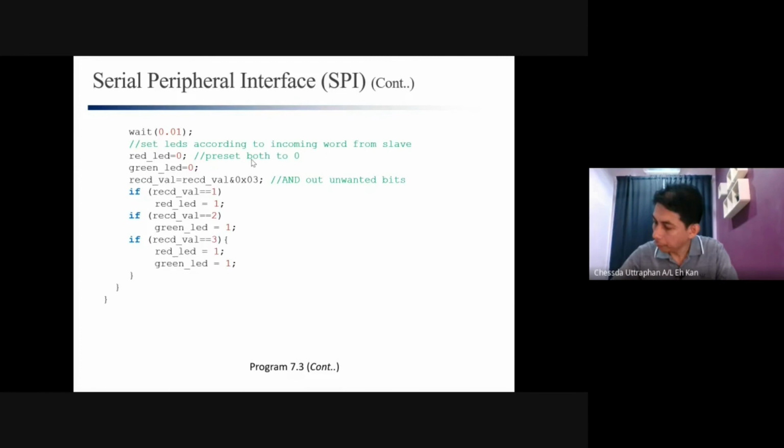So we will have 0 0 0 0 0 0 0 1 here, right? So this is what we get. When we press SW2, what happened? When we press SW2, we will send